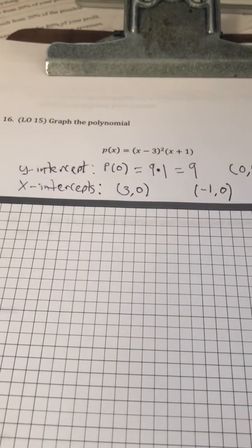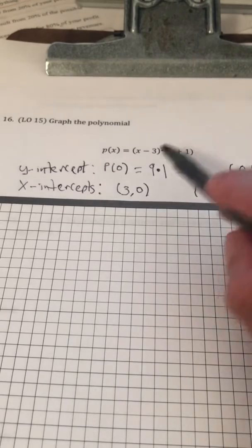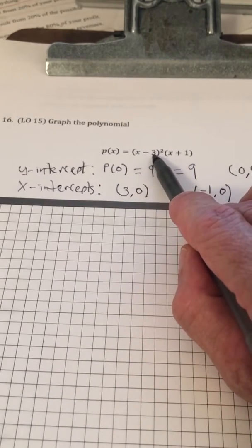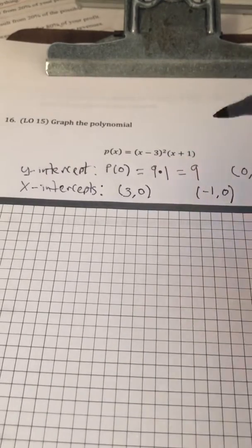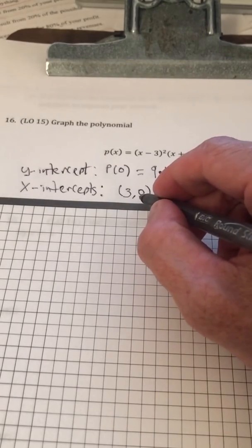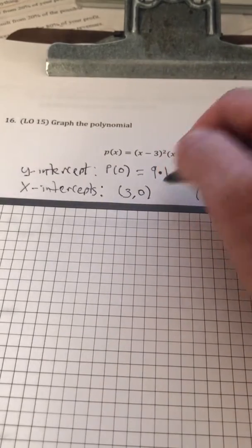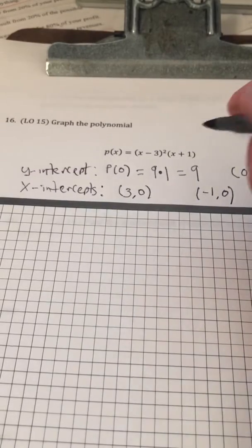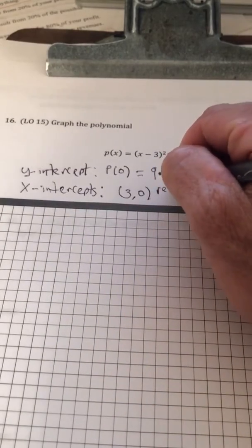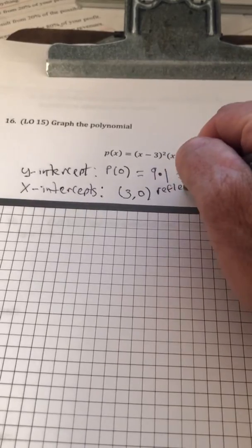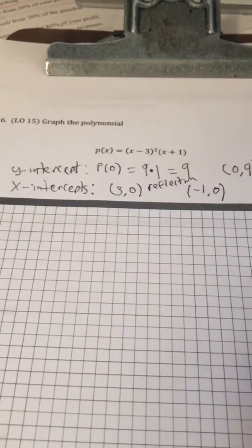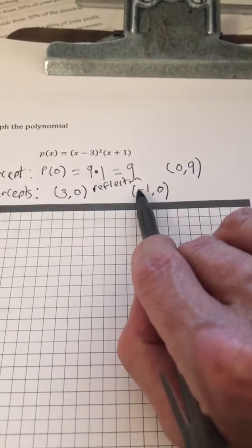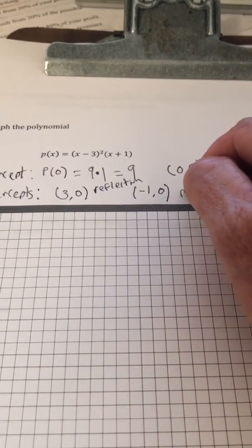Now what we have to talk about is the behavior of the graph at the x-intercepts. Notice the factor x minus 3 is raised to the second power, which is even. So what that tells us is that at the x-intercept 3, 0, the graph is going to bounce or reflect. So we're going to have a reflection happening at 3, 0. And at negative 1, the graph is going to pass through,